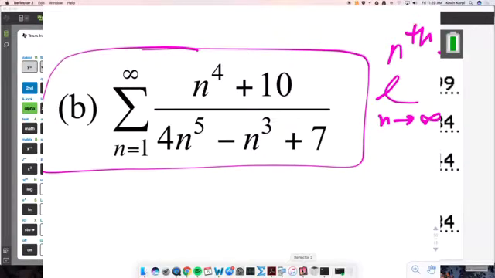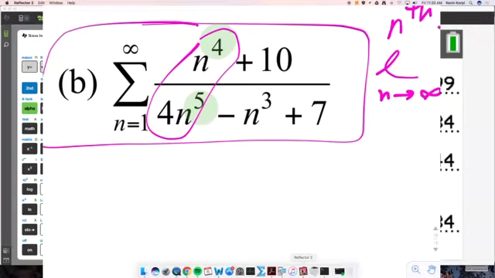What happens to the terms here as n goes to infinity? Do they go to 0? You have a 5th degree in the bottom and a 4th degree in the top. 5 goes faster than 4, so the terms do go to 0. Okay, so good. So now it's worthy of our extra efforts. Whenever you have rational functions, which is a polynomial over polynomial, you're going to be using limit comparison test to p-series. And now how do you figure out what you need to compare it to? Just simplify the powers of the leading terms. What's n to the 4th over n to the 5th? N. So you're going to compare it to